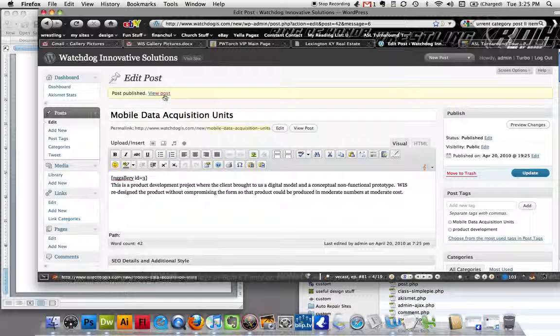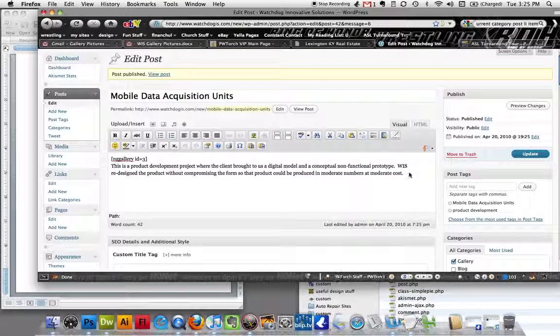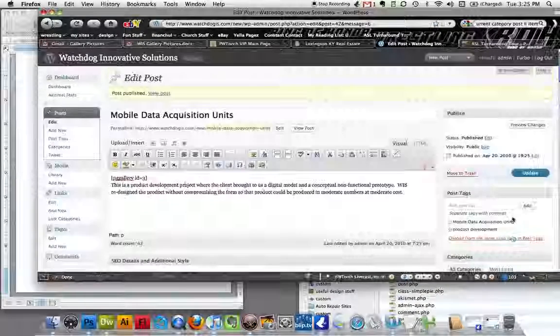Of course, right now we're in Edit Post, but if we need to go back in and make some changes later, we can just click Edit under Posts, and we can change that, and add some tags, or change the content in here. And of course, again, if you have to edit anything in the gallery, down here under Gallery, and Manage Gallery. So that's that, and we'll just